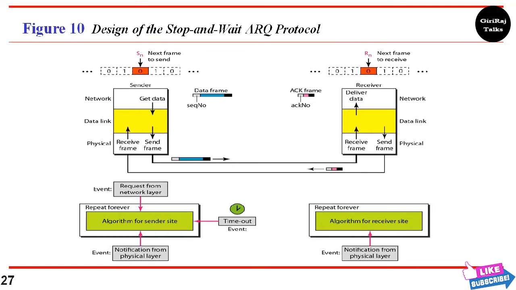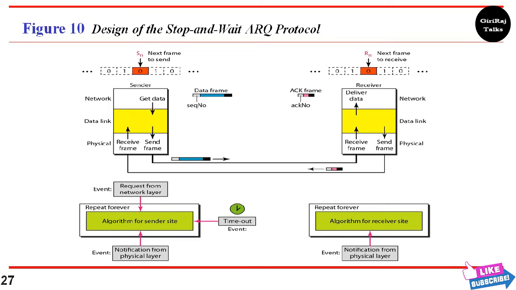In case 1, the frame can be numbered X again because frames X and X plus 1 are acknowledged and there is no ambiguity at either side. In case 2 and case 3, the new frame is X plus 1, not X plus 2. If only X and X plus 1 are needed, we can let X equal 0 and X plus 1 equal 1. This means that the sequence is 0, 1, 0, 1, 0 and so on. Is this pattern familiar? This is modulo 2 arithmetic.